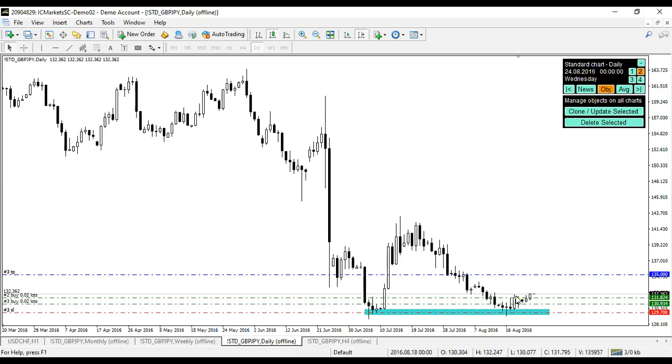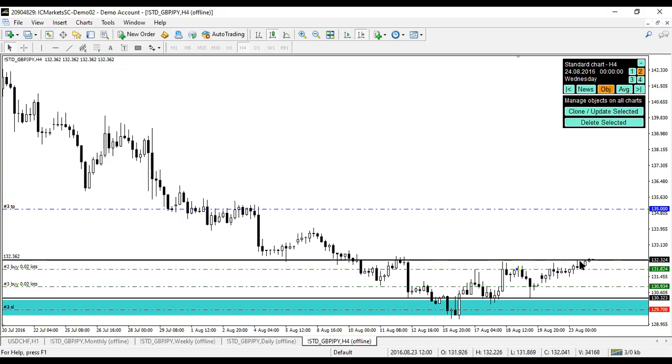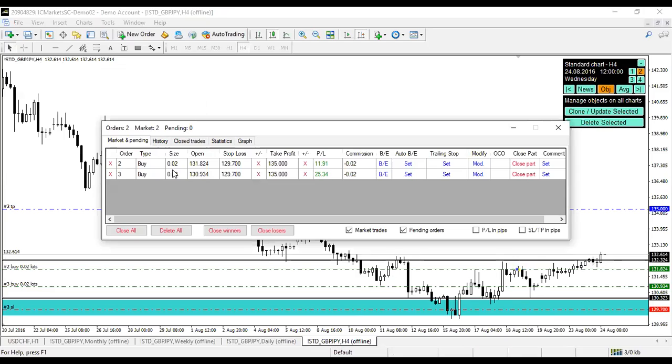So now on the daily time frame, price breaks this resistance on the higher time frame. In H4, price is breaking this resistance, hovering around this level. So now price breaks this resistance, and what we do is put our stop loss at break even for the second entry, because risk management is the key here. So we put both entries on the break even